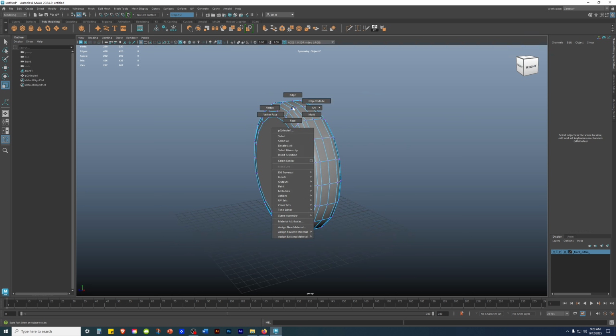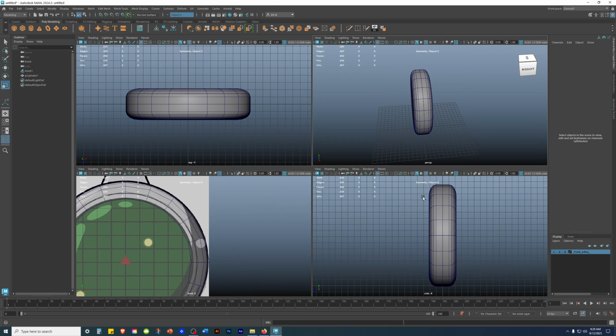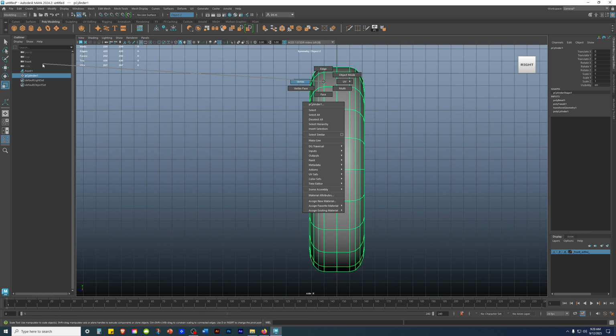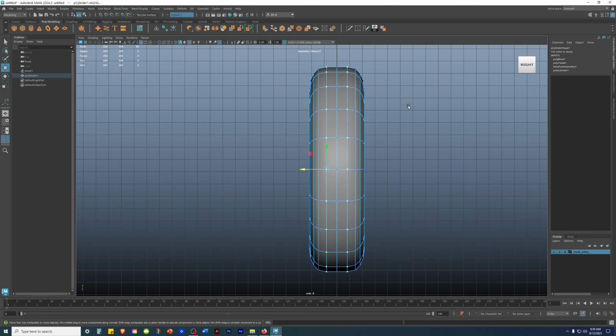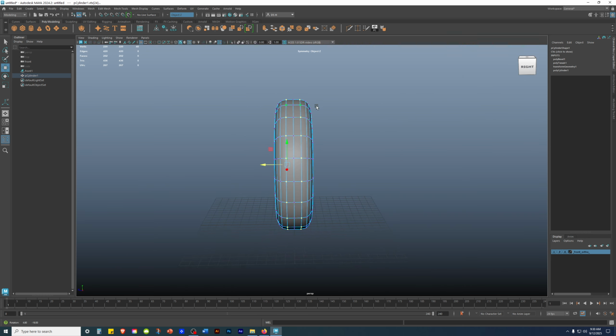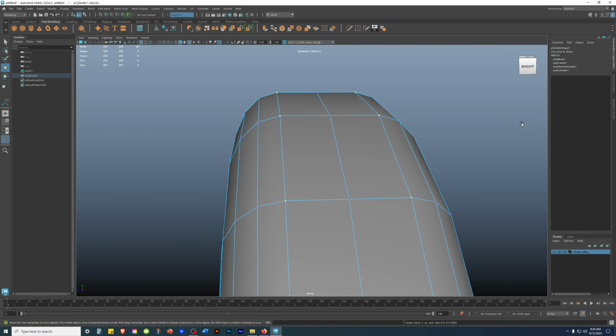Click outside, right click, hold, object mode. Getting better. And here, right click, vertex, I'm in side view X. I think what I'm gonna do, maybe I'll grab all of these here, just that. If I pull on it, so before, after,